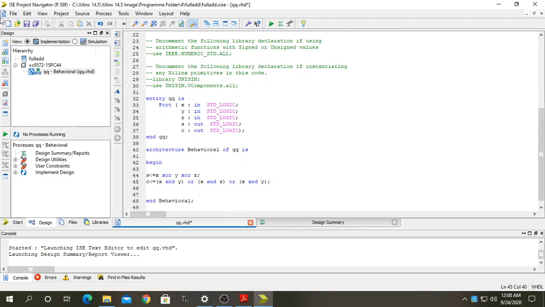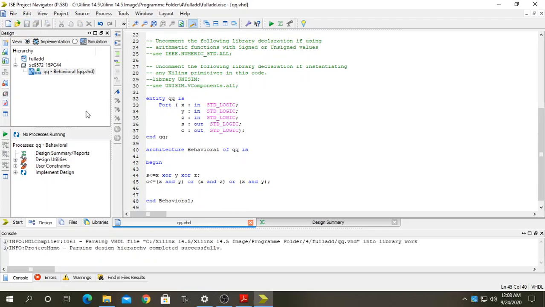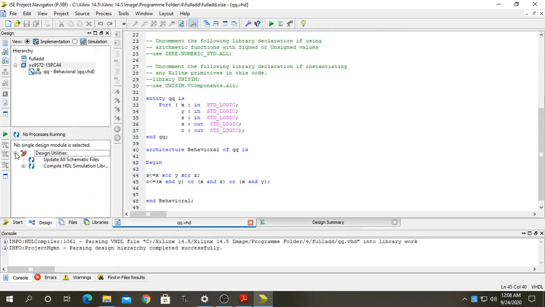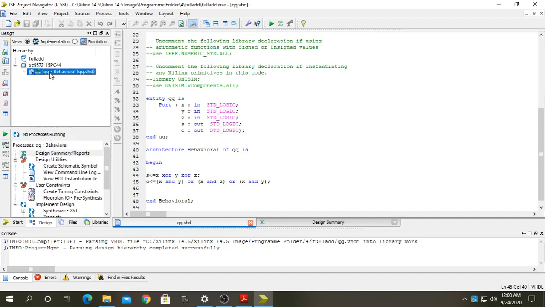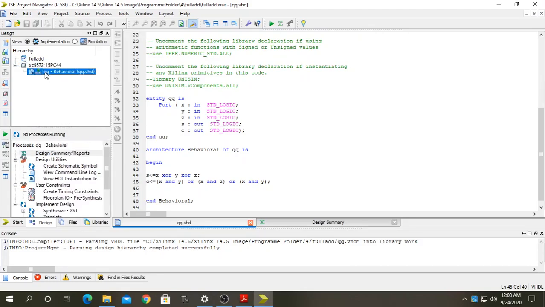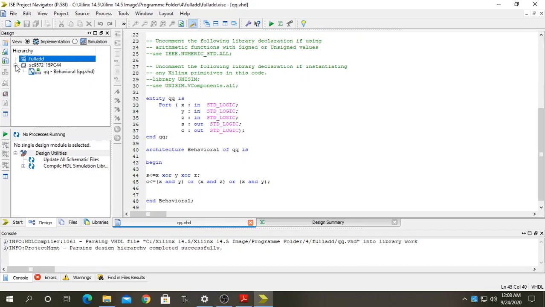Now after this I save the program. After saving the program, what would be my next task? I have to check my syntax. By clicking the Check Syntax button, I will check my syntax. Now I am checking my syntax here.